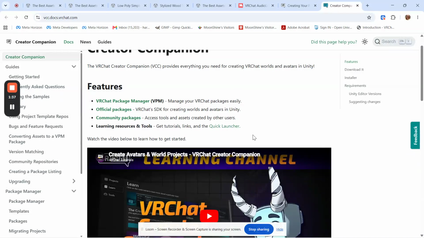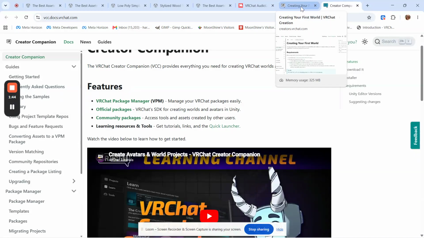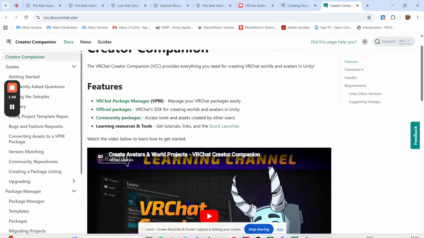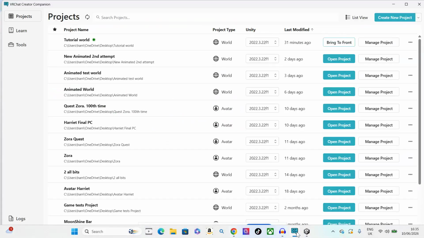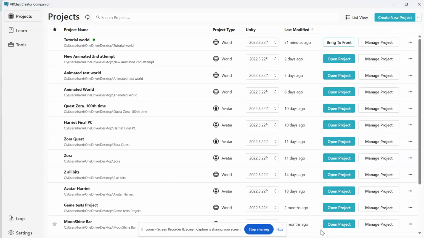However, I am warning you, please do not install Unity 6. Unity 6 is not supported by the VRChat SDK, so you do need to download Unity 2022.3. That's the version you need to have. Once that's downloaded, this is your Creator Companion window, and this is where all your projects will be stored,